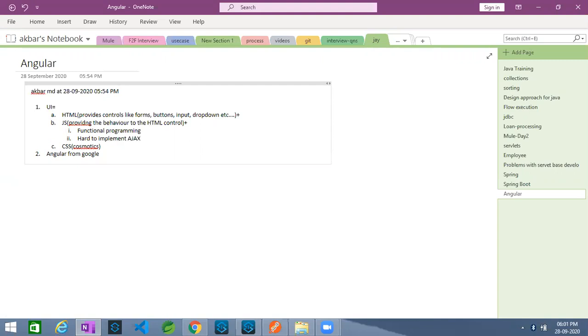As I said, your part of the page refresh is not directly possible with the help of JavaScript, so you have to use this Ajax concept. But again, people are finding it a very tedious process with regular JavaScript. So that is the reason people came up with some sort of libraries.